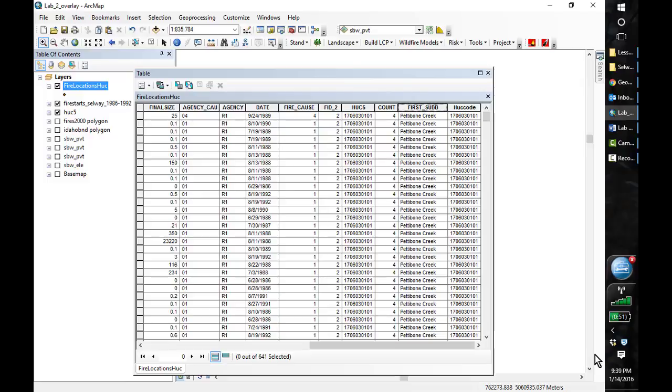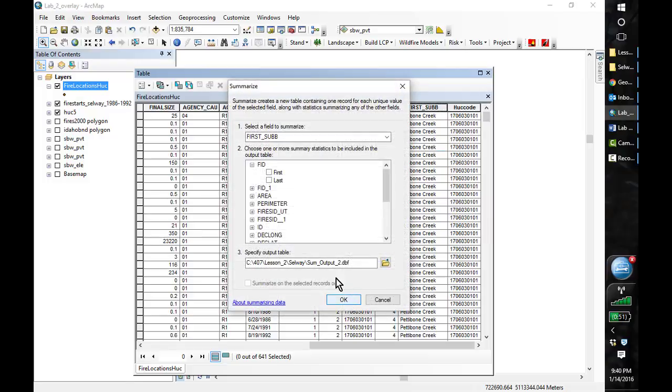So unlike the previous part of this exercise, you won't need to select something like finalize, since we're just looking for the numbers of fires that occurred within each watershed. So since this is the different names of the watershed, I'm going to right click here and click summarize, and just make sure that that's the proper location, which it is, and rename this to something meaningful like